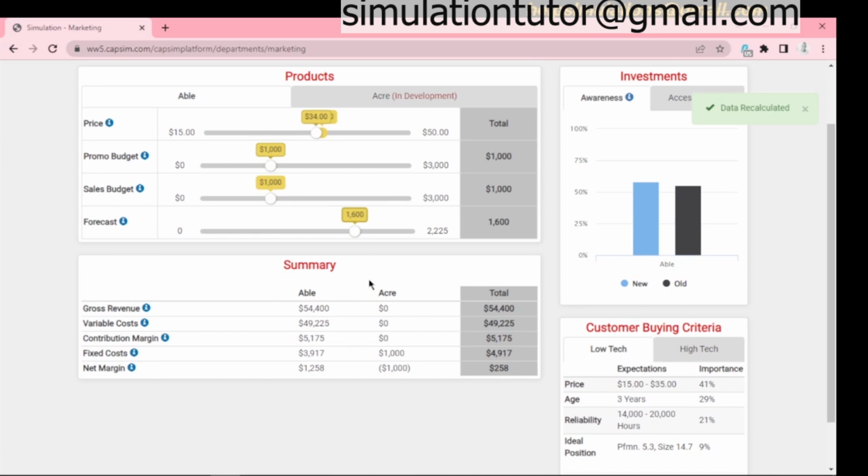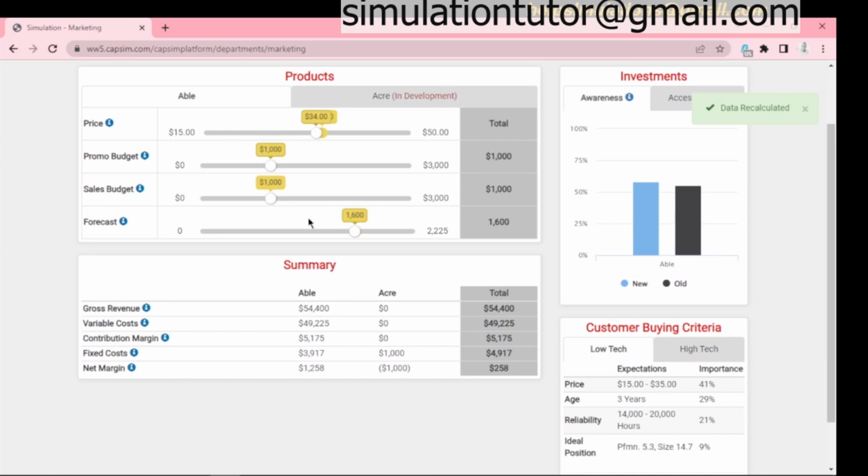So let's do the calculation. From my calculation, we'll sell about 1,020 units